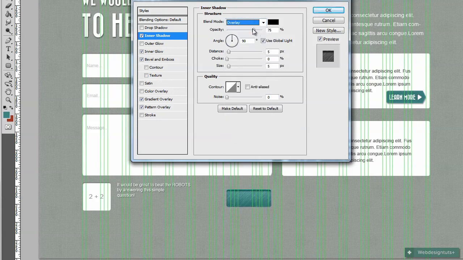The opacity to 20%, and what we're going to do is something a little bit different. We're going to uncheck use global light, and we're going to set this to -90, so sitting right at the bottom, and we're going to turn up the distance to 15. Not 145, to 15, and then size to 20. Now it gives it a nice